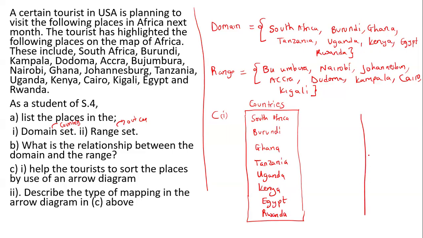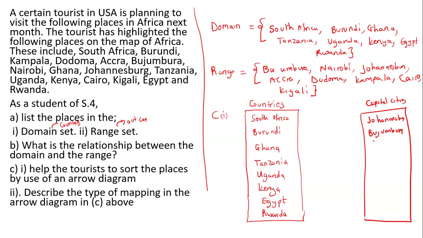So, we're going to come here and we draw our range. South Africa is Johannesburg. Then Burundi, Bujumbura,